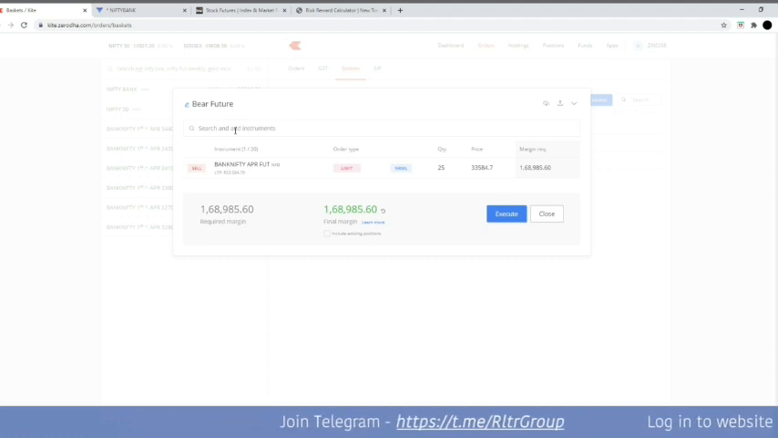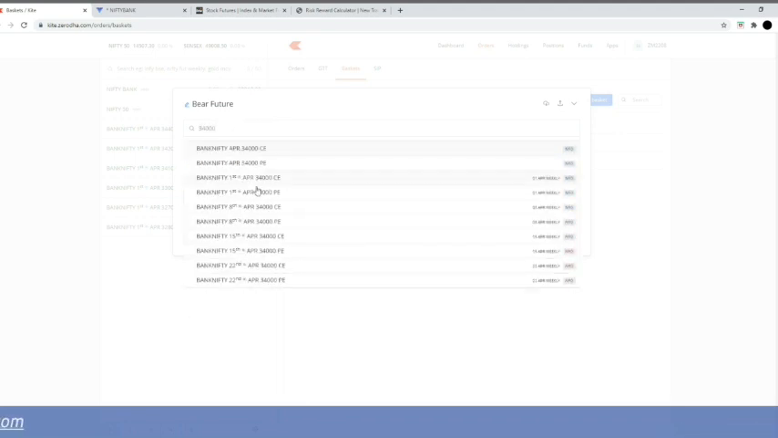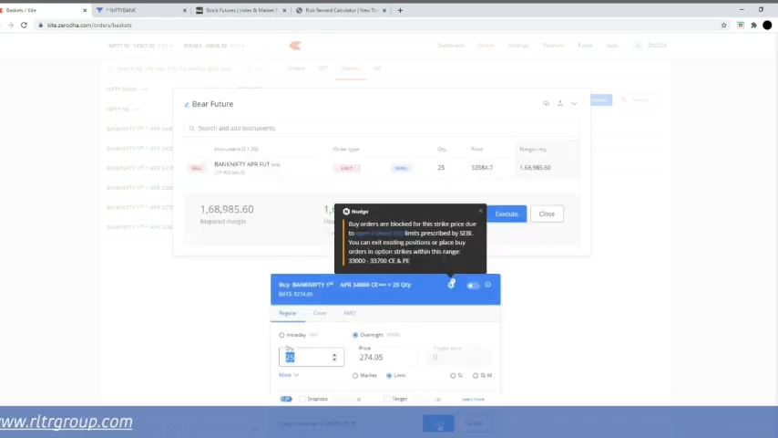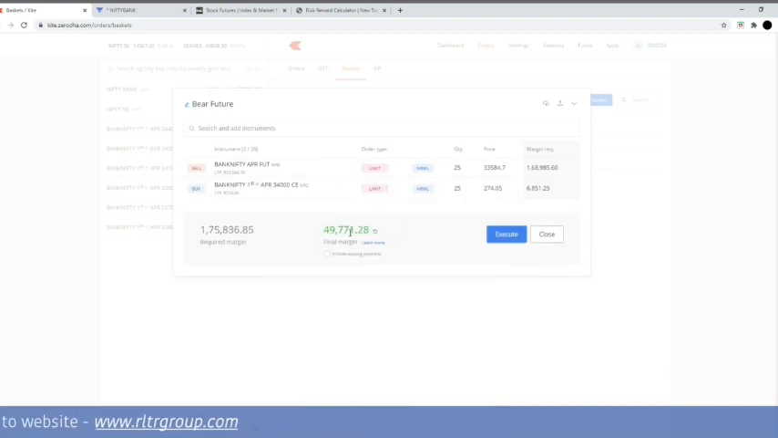You need to protect your upside. If you're looking at the downslope, if there is a sudden up move, what can protect you? Only a call can protect you. So let's go ahead and add 34,000 call. So as soon as I go ahead and add 34,000 call in here, which is a buy order, the margin